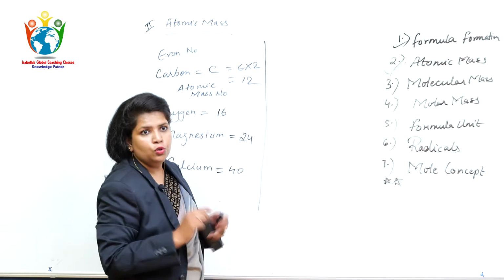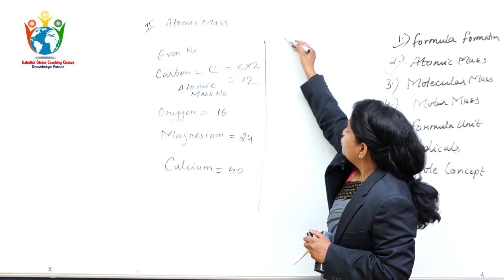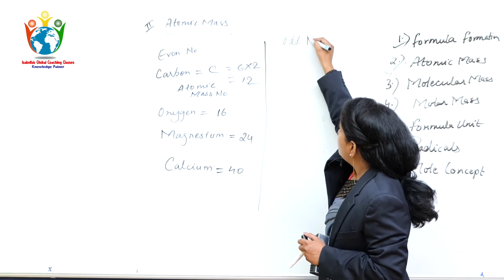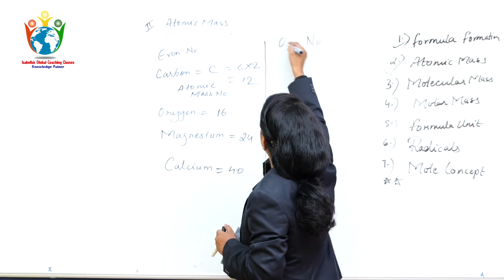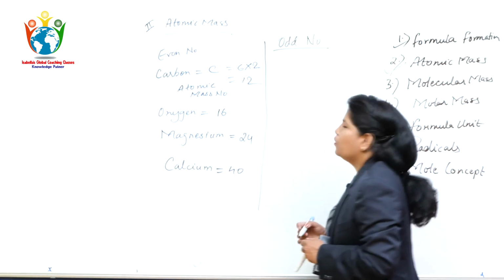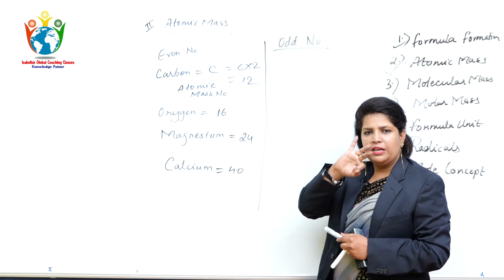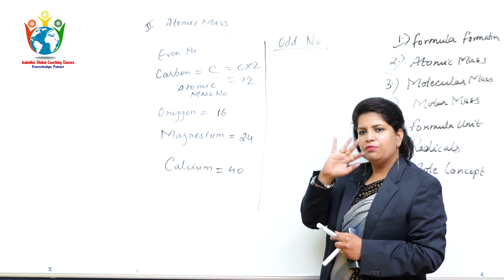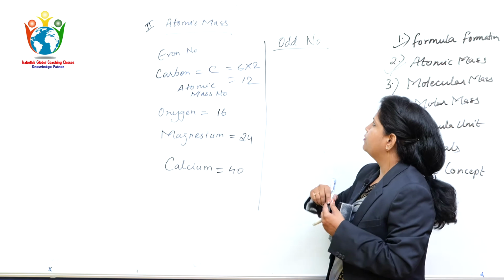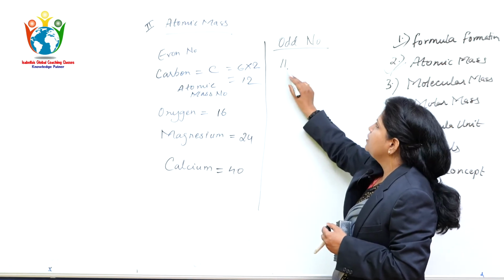I'll divide so that you can differentiate the things, what it actually is. Now, I am going with odd numbers. I'll write nicely so that it doesn't look odd. Odd numbers. Okay. So, what are odd numbers? 1 we will not take. 3, 7, again, we will not take. We will take such examples. I will start from 11 because it's given in your 9th standard book. 11 is your odd number.